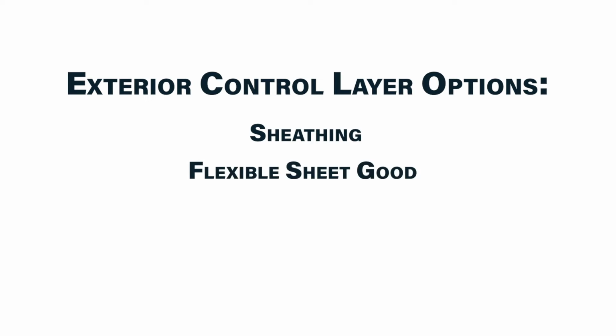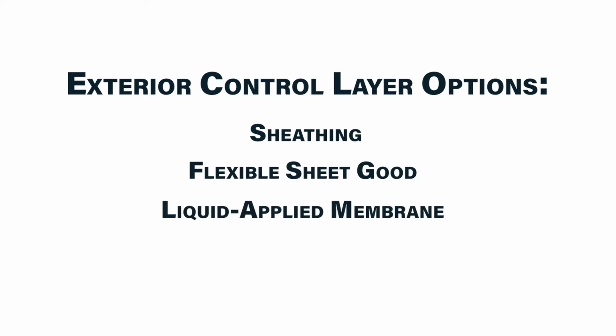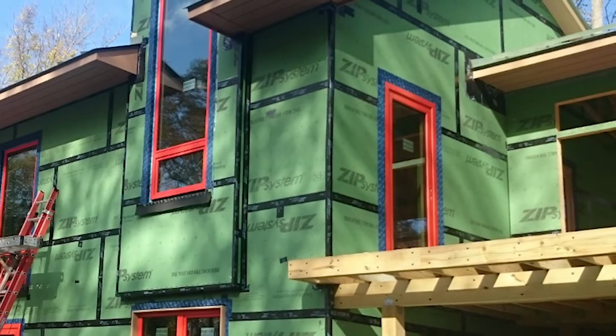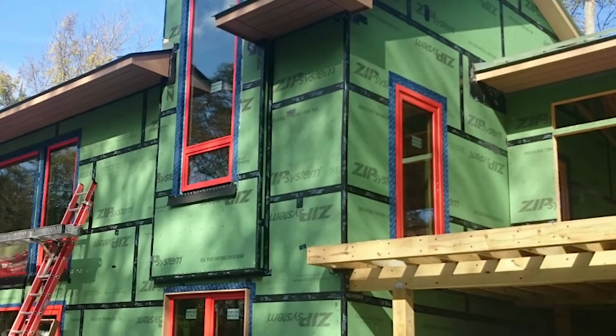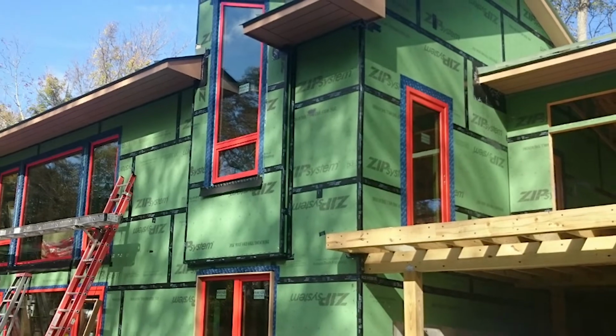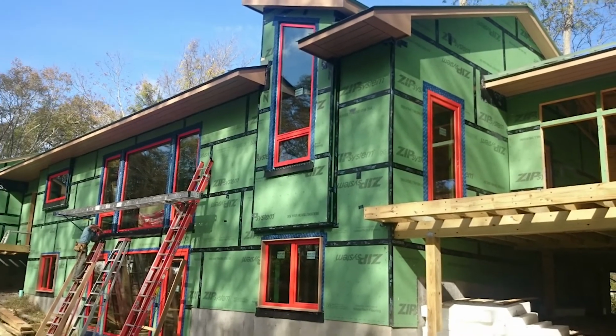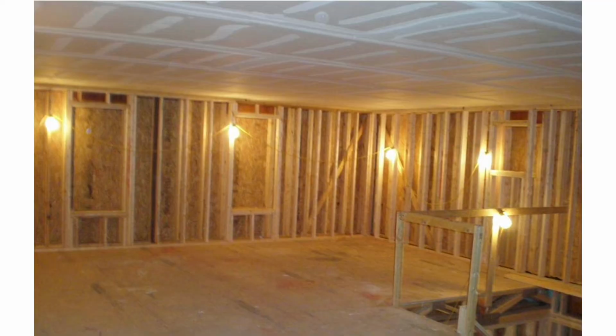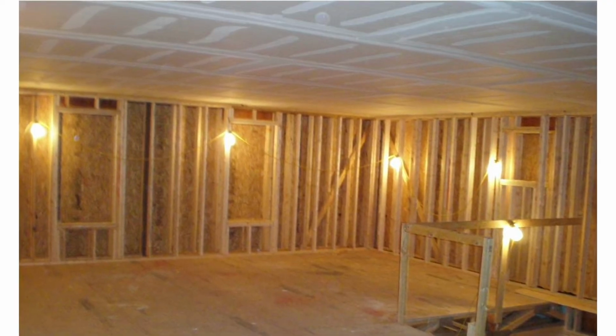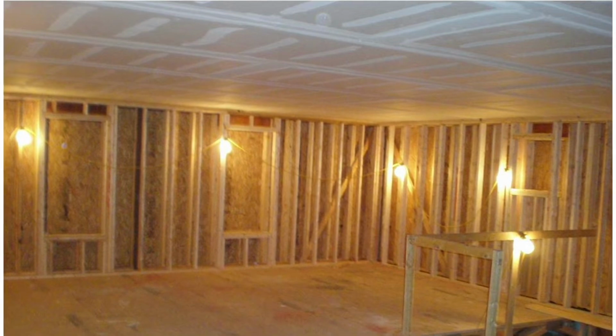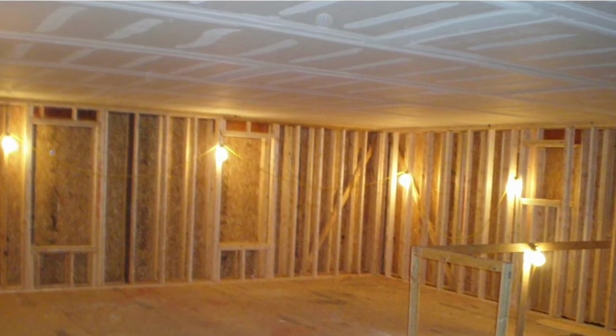The air control layer can be the sheathing or a flexible sheet good like house wrap, or even liquid applied membrane, either applied to the exterior sheathing. One example of sheathing as the air control layer is the Huber ZIP System, where the tape completes the air control layer because the sheathing panel meets the air impermeable code standard. A major advantage of a continuous exterior air control layer is the lack of interfering assemblies, like floor systems and